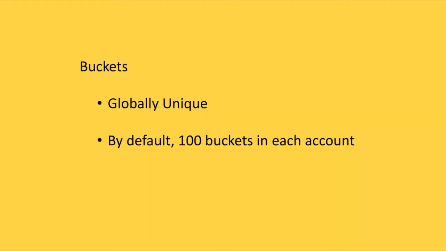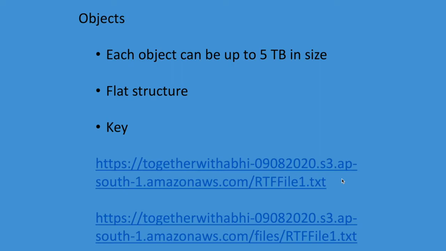Now let's get back to the important points. Okay, the things that we need to understand: buckets are for management and organization. It has to be unique and it has to be tagged to some region. By default, 100 buckets can be provided in each account. Okay. The second important thing to discuss is objects. So let's get back to objects.